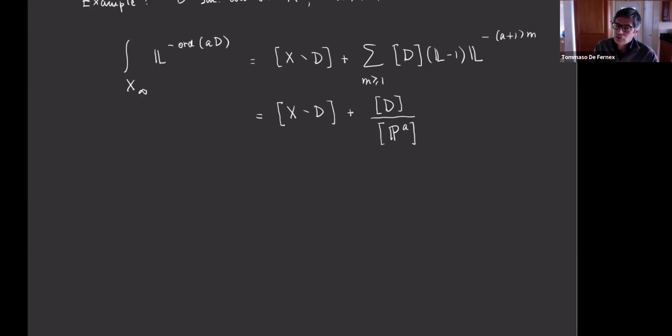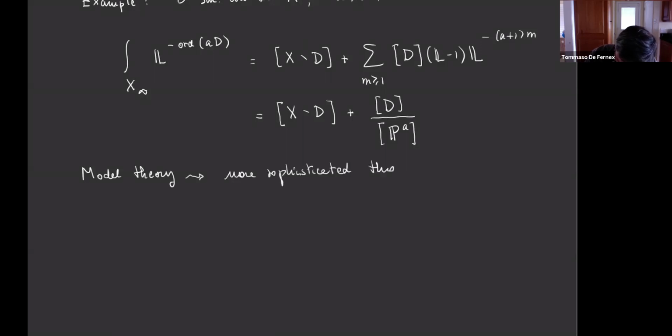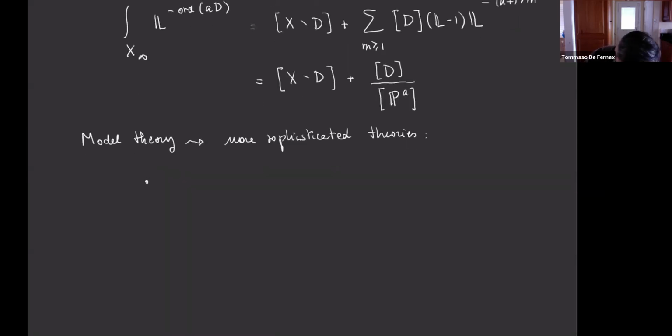So the proof of the construction is purely geometric, and to understand these things, we use resolution of singularities. That's the main tool in this original construction. But I want to mention that there have been several developments, and in particular, some developments use model theory that led to more sophisticated theories. So let me just mention two of them that are relevant here. One is